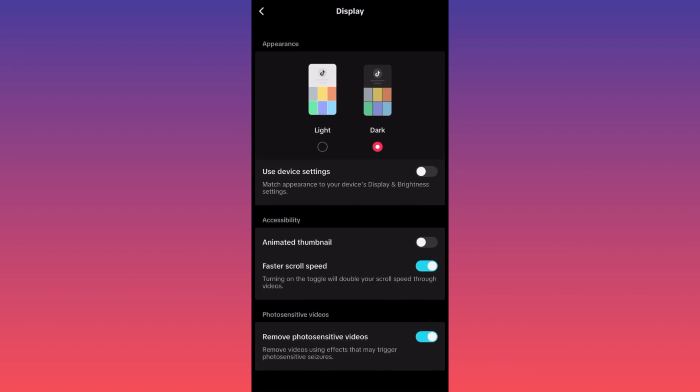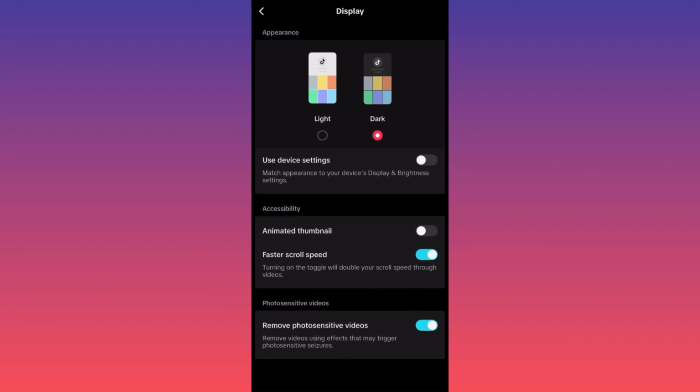So I presume that this is something that will help you as well. It helped me a lot having all the theme, all the dark modes all aligned. So every time when I'm switching from Instagram to Facebook to TikTok to LinkedIn, everything is a dark mode, so it's much easier for the eye to simply adjust with the light and with the